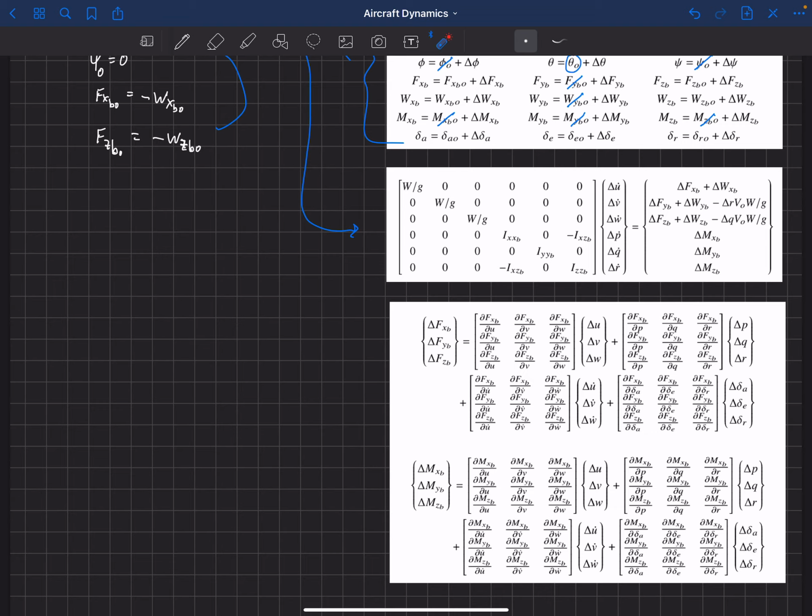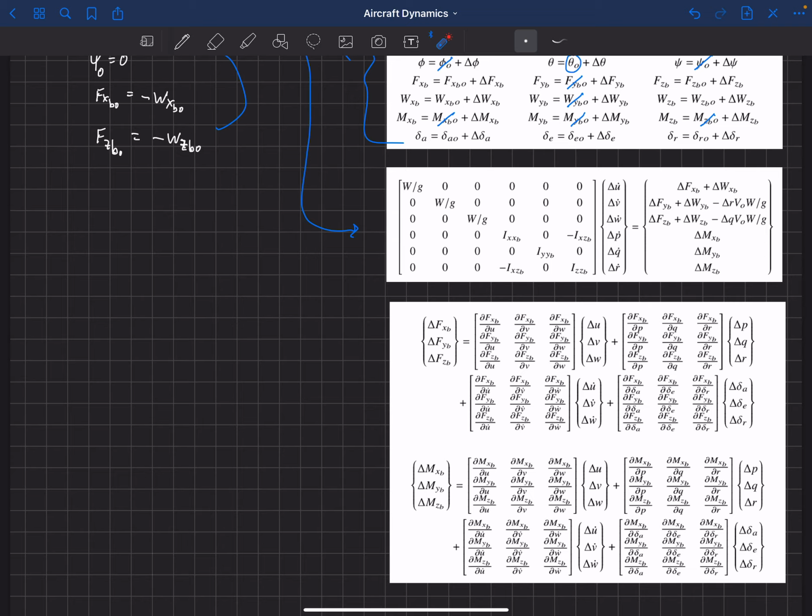Now, so these look kind of nasty. We could do the same things for the moment. They depend on the same variables here. But it turns out that a lot of these actually go to zero on the basis of symmetry. Okay, so we're going to assume that our aircraft is symmetric. And actually, we've already done that from our inertia tensor from these equations that we started from. We had already assumed that the aircraft was symmetric. And if the aircraft is perfectly symmetric, then many of these terms actually drop out. So, for example, let's look at this term right here. This is a change in the x force with respect to v.